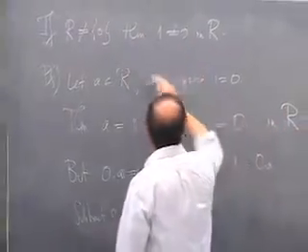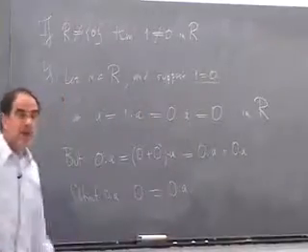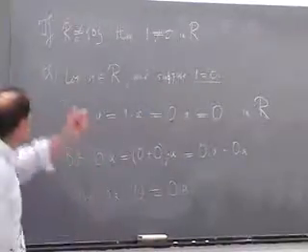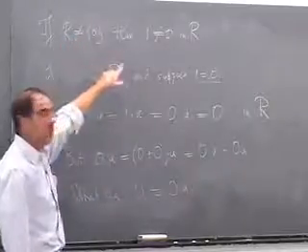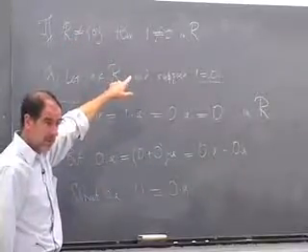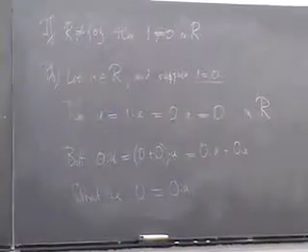And consequently, A is equal to 0 in R. So we've just shown that if 1 is equal to 0, any element in the ring is equal to the 0 element. There's a unique 0 element, so therefore the ring reduces to 1 element. So if the ring has any elements other than 0, 1 can't be equal to 0. And you can have a ring with 2 elements. This is the smallest ring. The next smallest ring